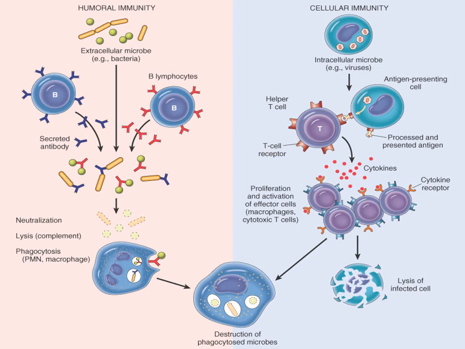This helper T lymphocyte then releases a cascade of cytokines, and these cytokines cause proliferation of those CD8 cytotoxic T lymphocytes, and that results in lysis of the infected cell, and that is then phagocytosed by the